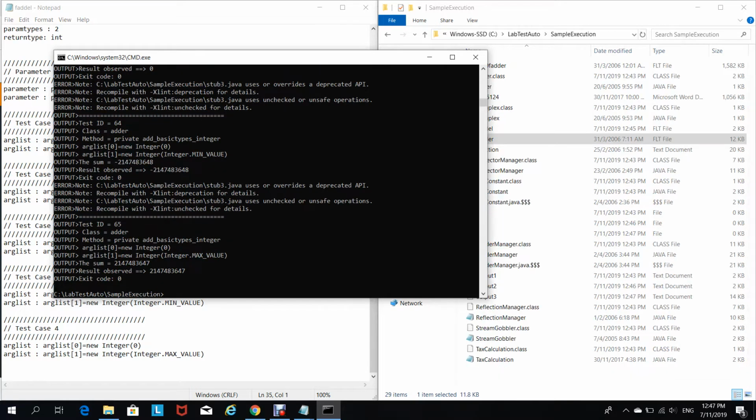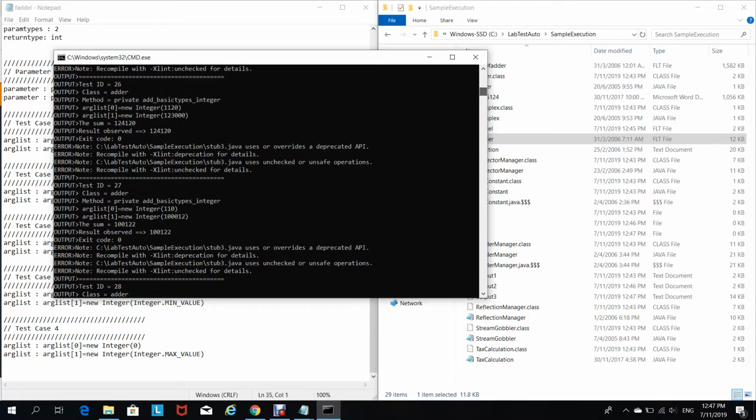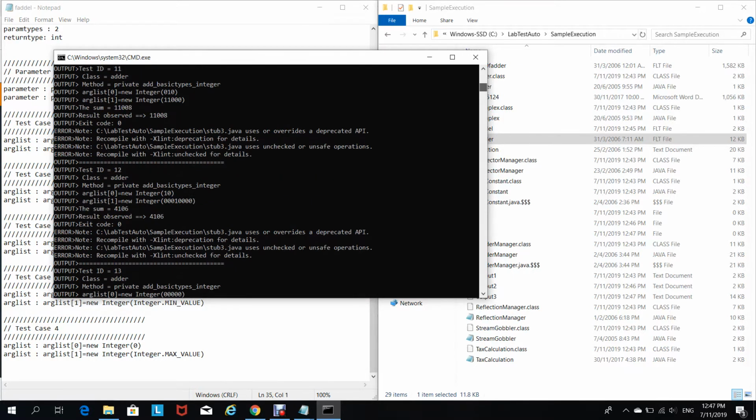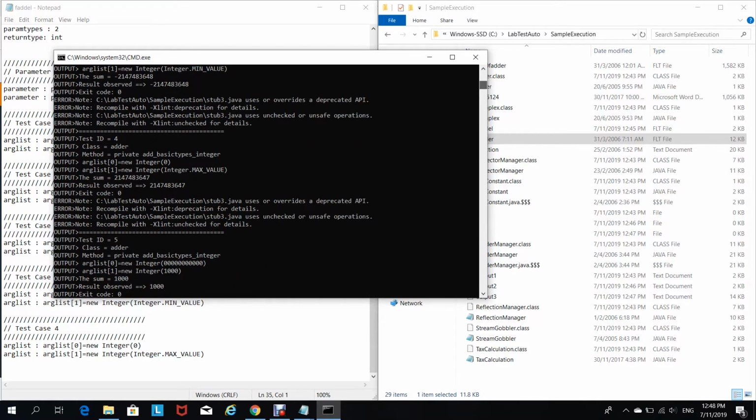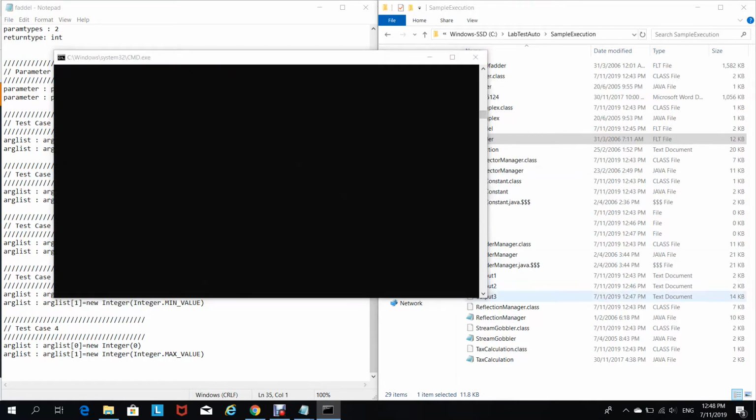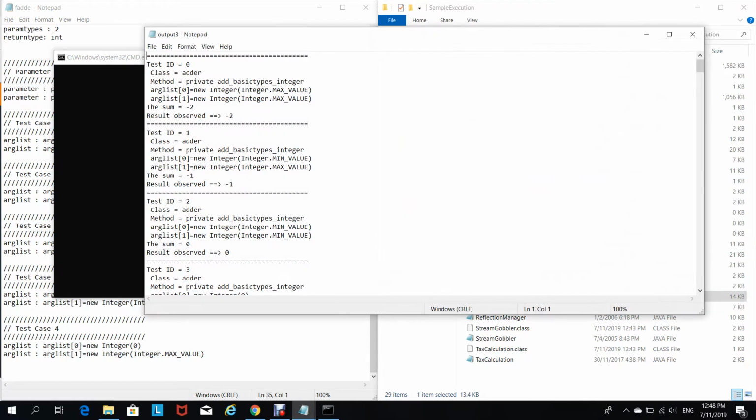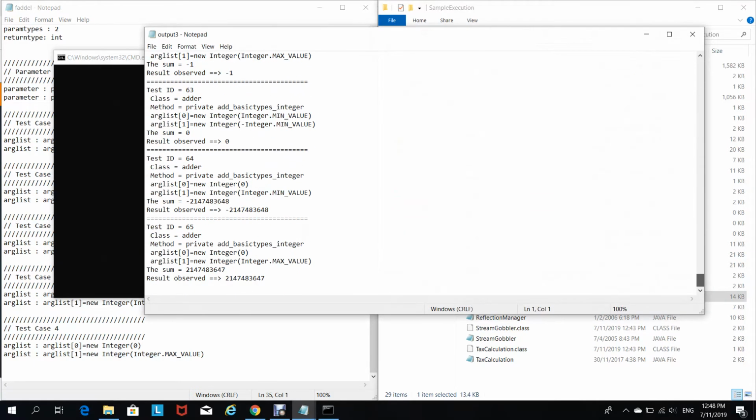Some of the test cases will show some errors. Maybe you have to investigate why these errors appeared. You can see here there is output number 3. We'll have from test case number 1 to test case number 65. Alright, so